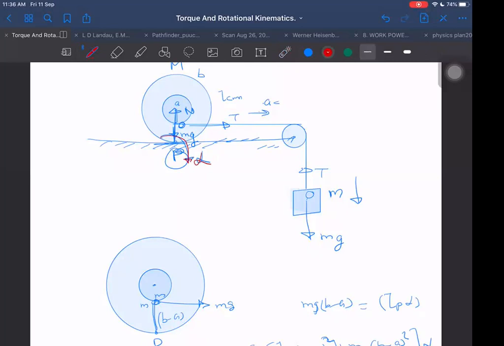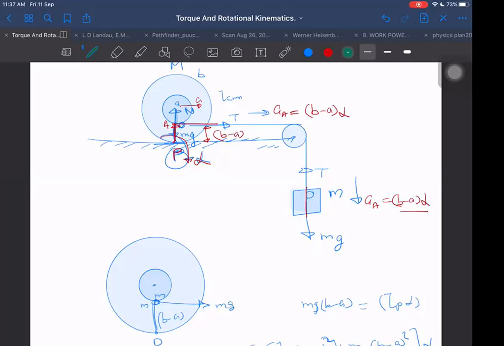Then start from here. Start writing the acceleration. What is the acceleration of the center? Not the center, what should I call this point? A point. Finding alpha, so what is the acceleration of point A? The acceleration of point A will be this string's acceleration here, and this string's acceleration will be the same as this acceleration. Let us say it is also A. I think this distance we should know, then I can directly write it. That is B minus A, because it is rotating about point P in a radius of B minus A at this instant. So its acceleration will become (B minus A) into alpha. Is that okay? Yes, sir.